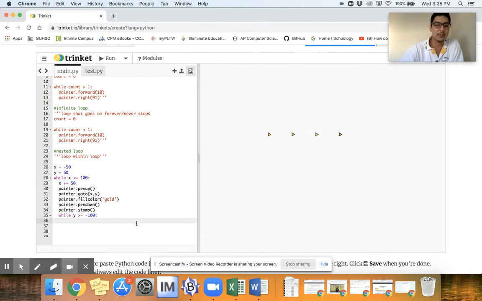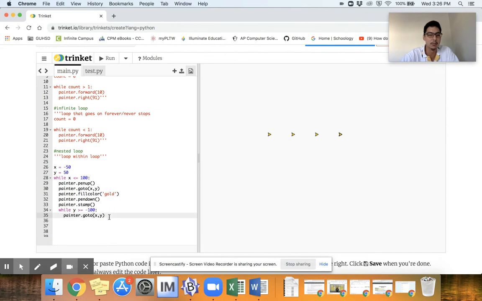While y is less than 100, we want this object to, it's got to stamp down, then we want it to go to x comma y, which now it's going to be at, but the problem is it added 50, so now it's going to be over right one. But I don't want to add 50 yet. This will actually be outside of this while loop, the original one. Let's get indented backwards, so it's under the original one. So while y is less than, go to that original spot, negative 50, 50,